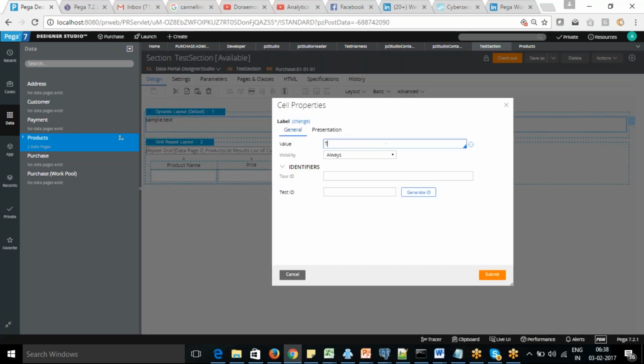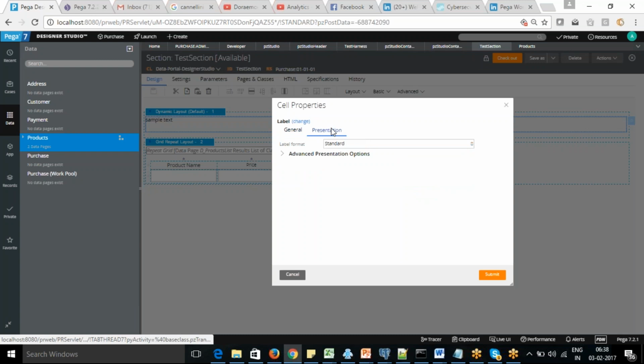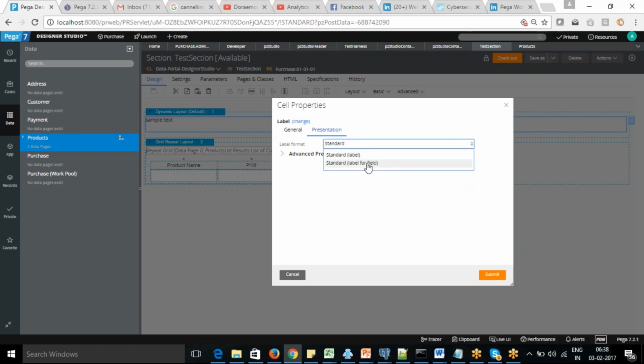Okay, this is used to test label. So I can go with a different format. So this is the scheme rule. If you want to change anything else, you can go with the advanced look and feel of that. You can change it from here.